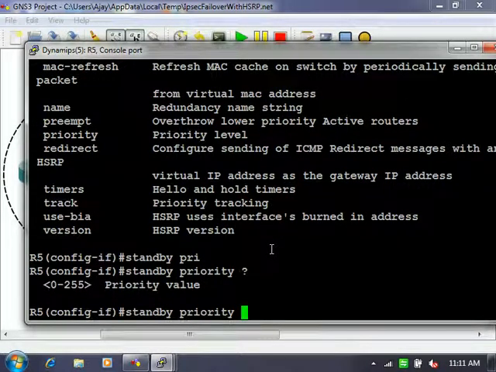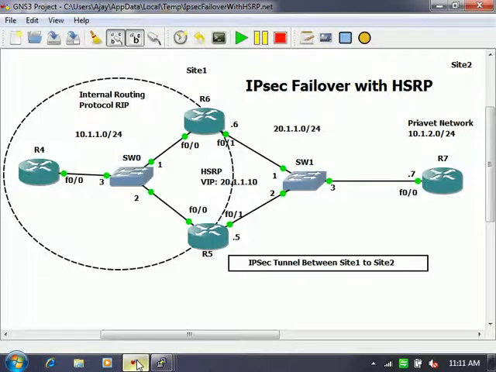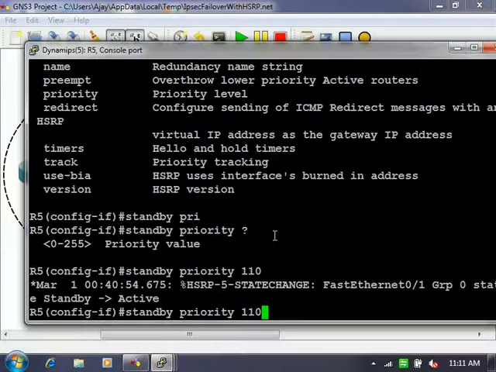What else do you require over here? Priority. What is the default priority? Let me see the topology. R6 should be active as of now, so we will assign this priority less than 100.